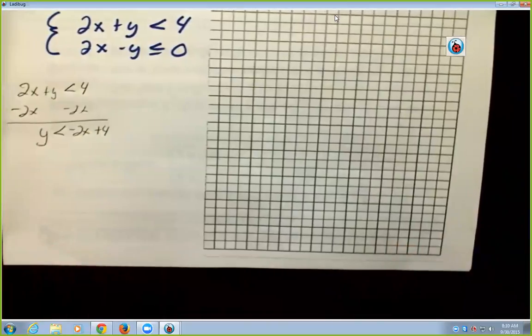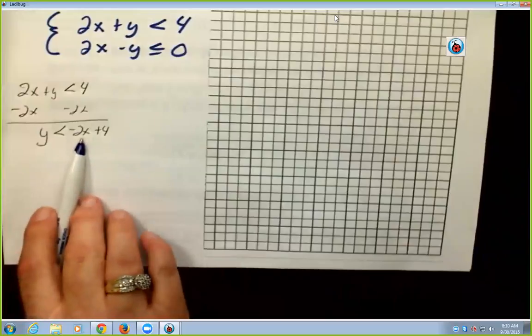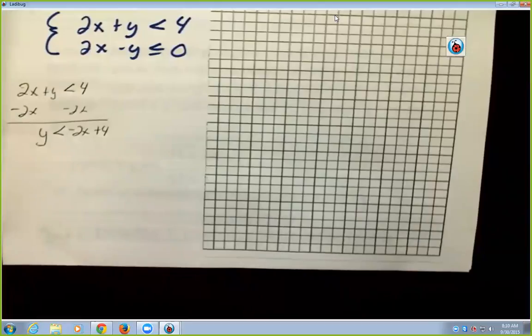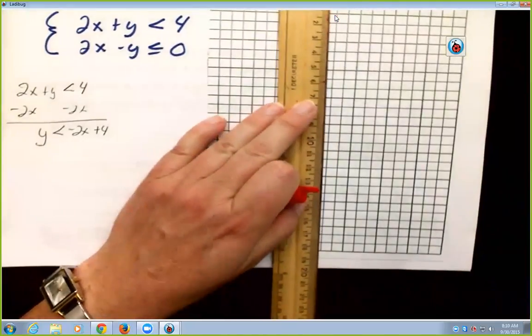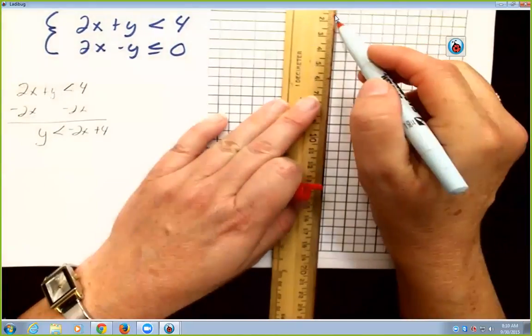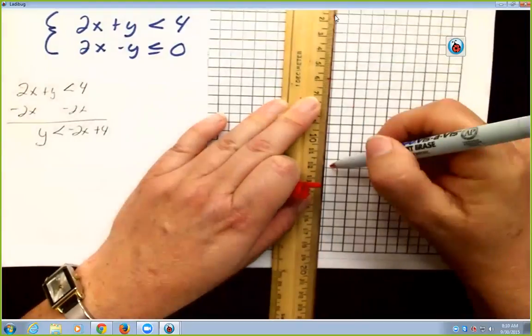Now, when we graphed before at the beginning of the chapter, if you solved it in this format and you put it into Hawks, it automatically put it on your graph and ended up graphing it. So we've got to go a little bit further here and show you what's going to end up taking place with this. So if I go through and I set up my lines,